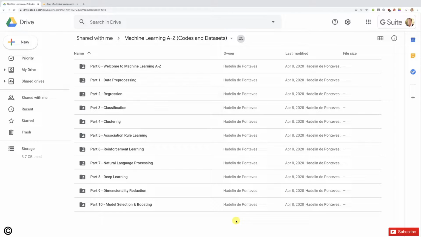Hello my friends and welcome to this new practical activity of part 9 Dimensionality Reduction. So in the previous section we experimented with PCA, Principal Component Analysis, and we indeed got great results with our wine dataset, which will be the same dataset for this new section because we want to compare several dimensionality reduction techniques. So there we go, we're going to see if we can even beat PCA, which only had one incorrect